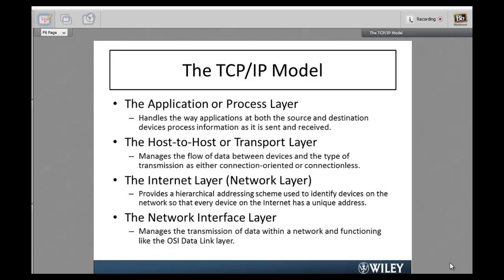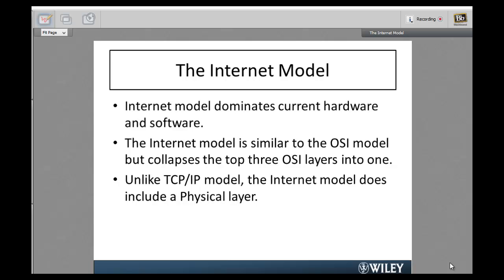Okay, and last thing, the network interface, which will be equivalent to the last layers, like the data link. It manages the transmission of data with the network and functions like the OSI data link. That's it actually. For the internet model, the internet model dominates current hardware and software, and is similar to